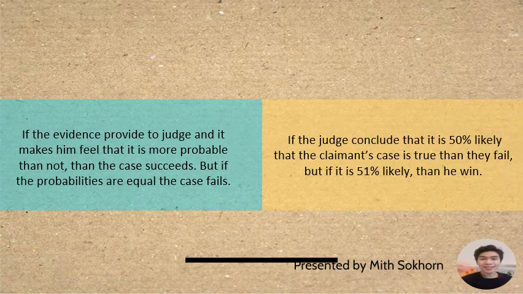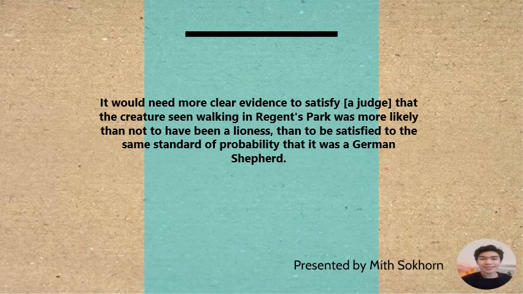But if the judge concludes that it is 51% likely, then they will win. To make it easier to understand, a Supreme Court judge summed up the balance of probability: it would need more clear evidence to satisfy a judge that the creature seen walking in Regent's Park was more likely than not to have been a lioness,